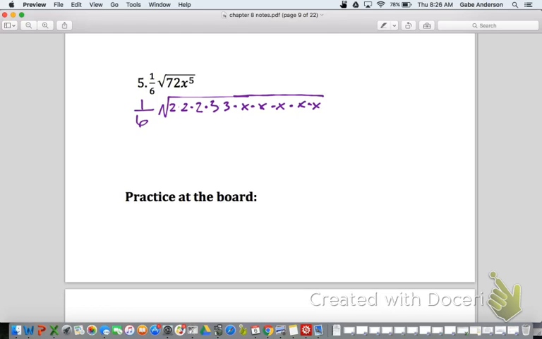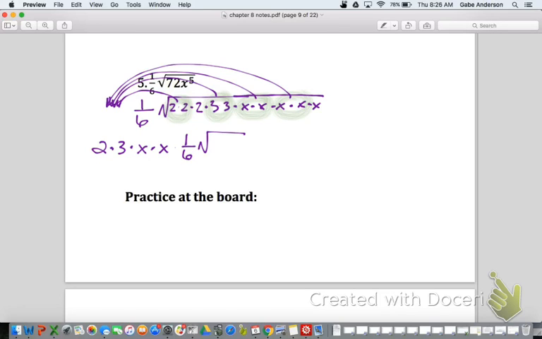So did you guys notice that there's a pair of 2s? What else is there a pair of? 3. A pair of 3s. And 2 pairs of x. 2 pairs of x's, right. You guys got it. So those are all factors that can come out and be square rooted. So this is going to be a 2 out, a 3 out, and then an x, and then another x. So I'm going to have 2 times 3 times x times